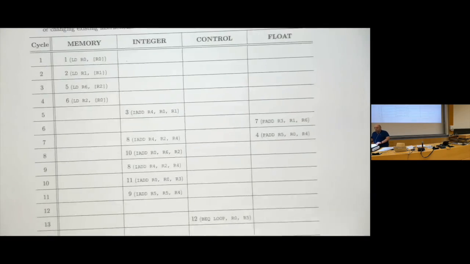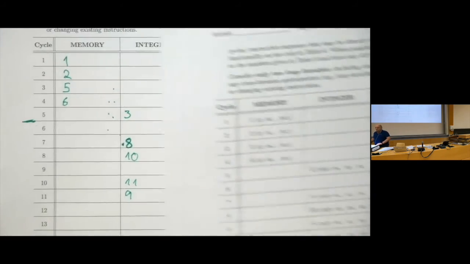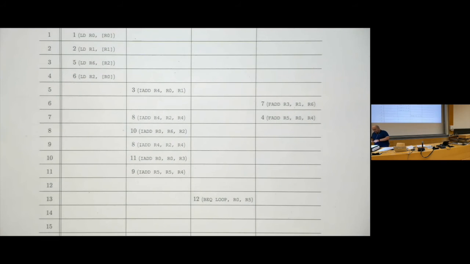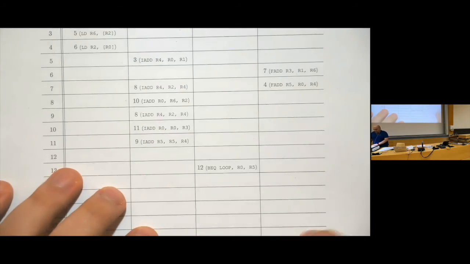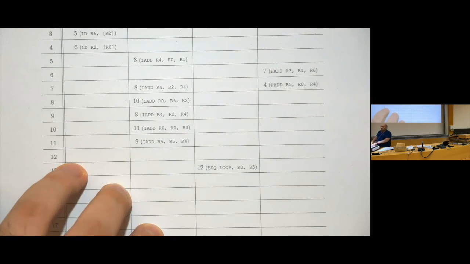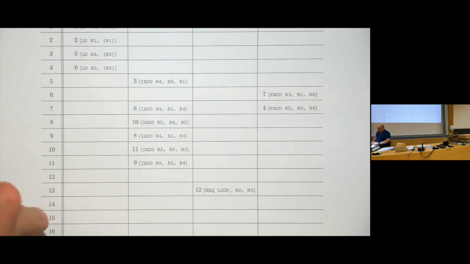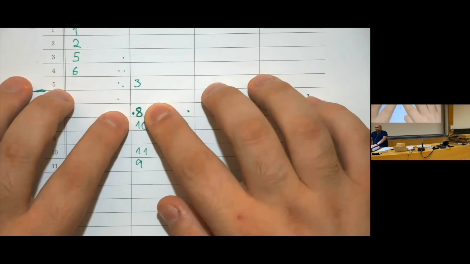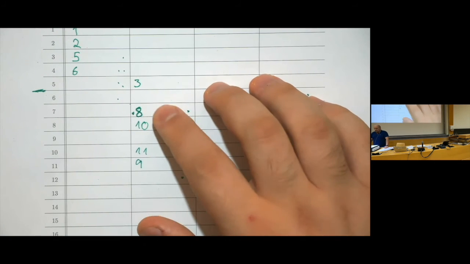Cool. Just for your reference, this is the final solution. This should look almost exactly like mine. And I will highlight one thing, which is the most eagle-eyed among you will have noticed that this table actually has one more instruction than the one that I just filled in. The reason for that is that if you notice, this instruction 8, because nothing else depends on it, can go